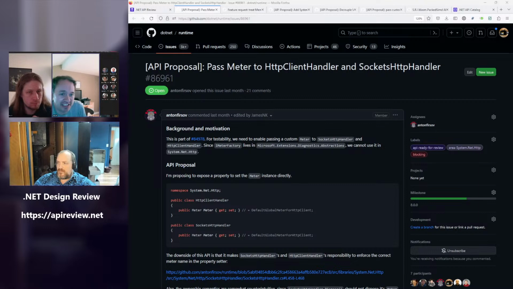At least it creates a little room for me to say maybe we would be better off with a Func of string to Meter rather than Meter directly. I don't want to rock the boat too hard here, so I don't want to commit the networking team to anything, but does that sound like it changes anything in a major way, Anton, or it's no big deal?